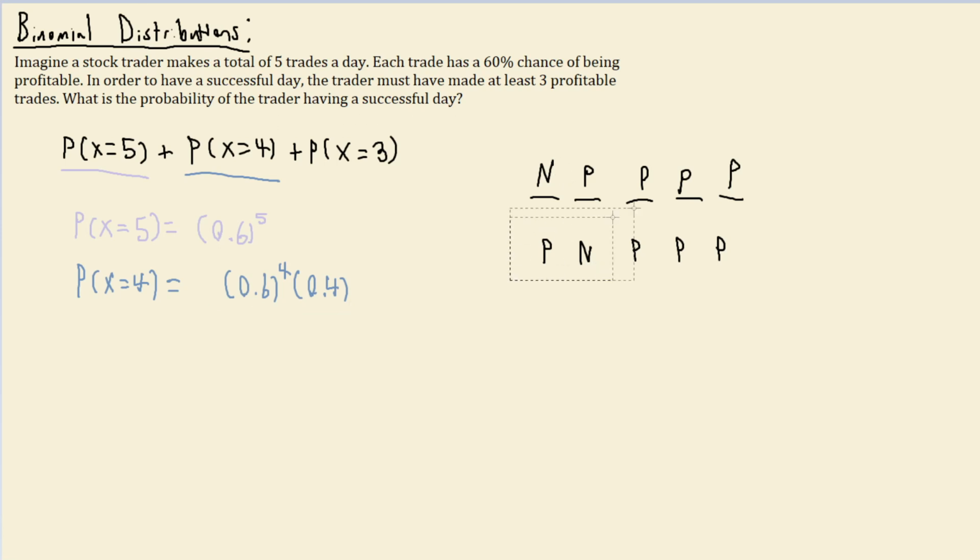And so since there are 5 different ways that this can occur, and each of them has an equal probability given by this right here, then the total probability of the trader having 4 successful trades will just be 5 multiplied by the probability of that happening. So 5 different ways that could happen, multiplied by the probability of each one of those happening, seeing as how they're all equal. Now finally, let's deal with this